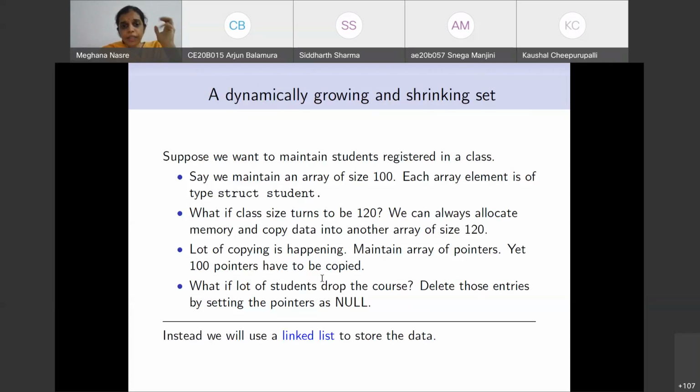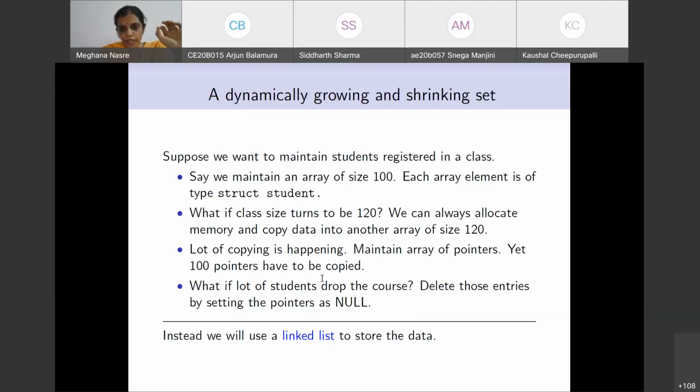And for that, a very convenient data structure is what is called a linked list. So we are going to see first what a linked list is, what kind of operations we want the linked list to support, and then implement this linked list using our newly learned structures and pointers.